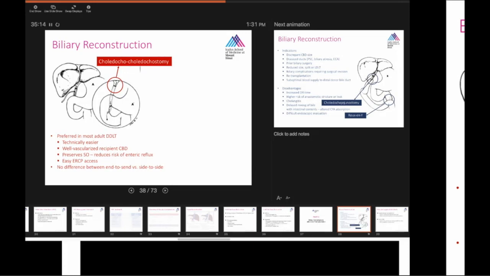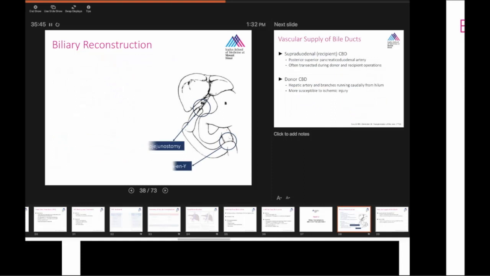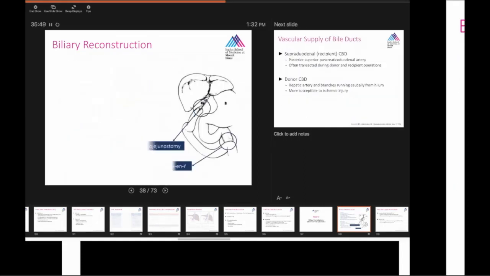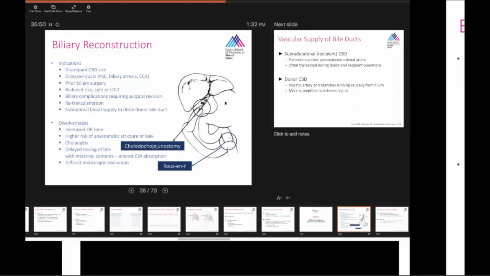The next anastomosis is a Roux-en-Y choledochojejunostomy. So they connect the bile duct. They connect a Roux limb first, and then they connect the donor bile duct into the recipient jejunum. And this kind of reconstruction is indicated for patients with discrepant common bile duct size, patients with diseased ducts, so